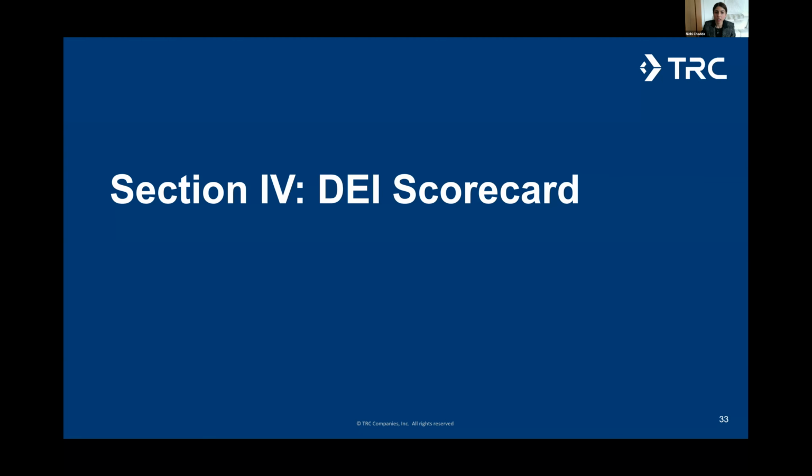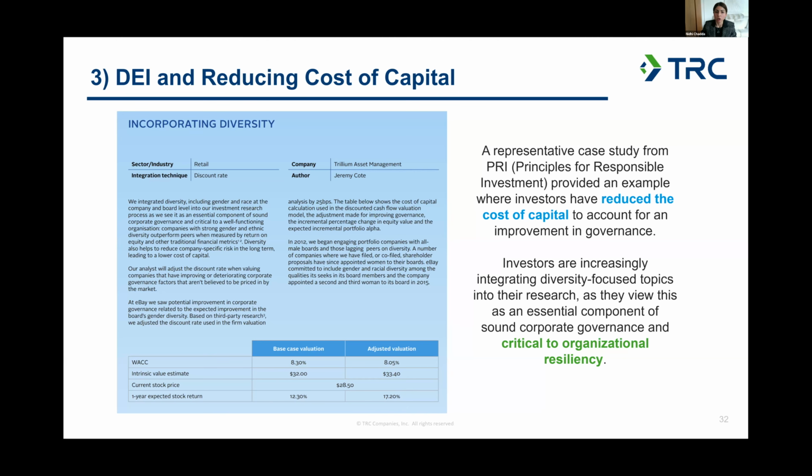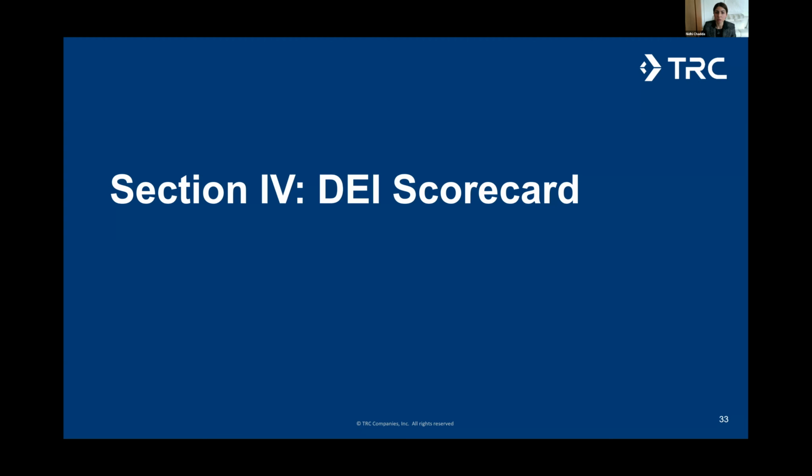So really, in summary, when we think about the overarching theme here, it's really about not only considering social factors from a risk standpoint, but through a value creation driver lens, and then looking at the revenue growth, cost savings, and cost of capital, all as being all encompassing to how to decipher value from the social factors more broadly.